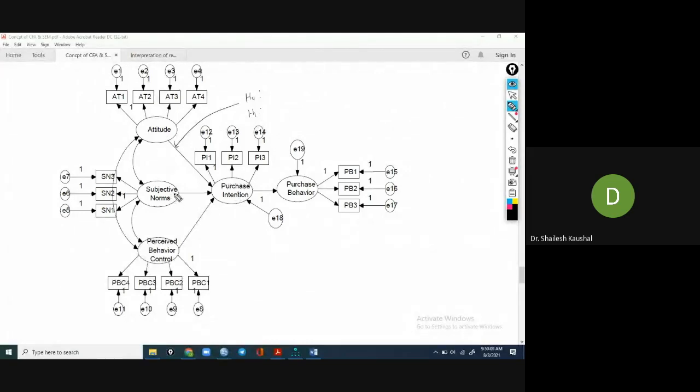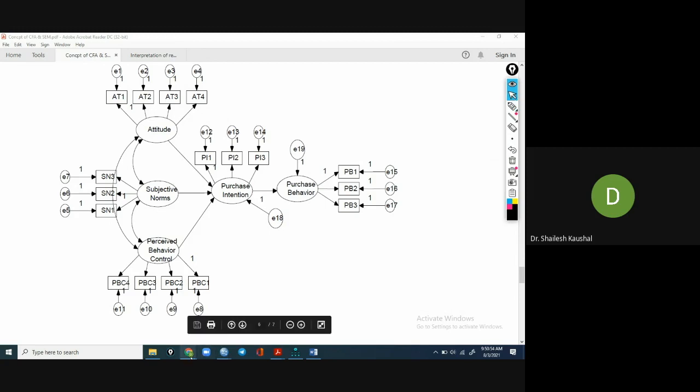In the same way, we can develop other hypotheses. So this is my H1, the alternate: H1A, H1B, H1C, and H1D. In structural equation modeling, we test the hypothesis and find the relationship between the endogenous and exogenous constructs, whether the relationship between the two is positive or negative. So this is about the concept of CFA and structural equation modeling.